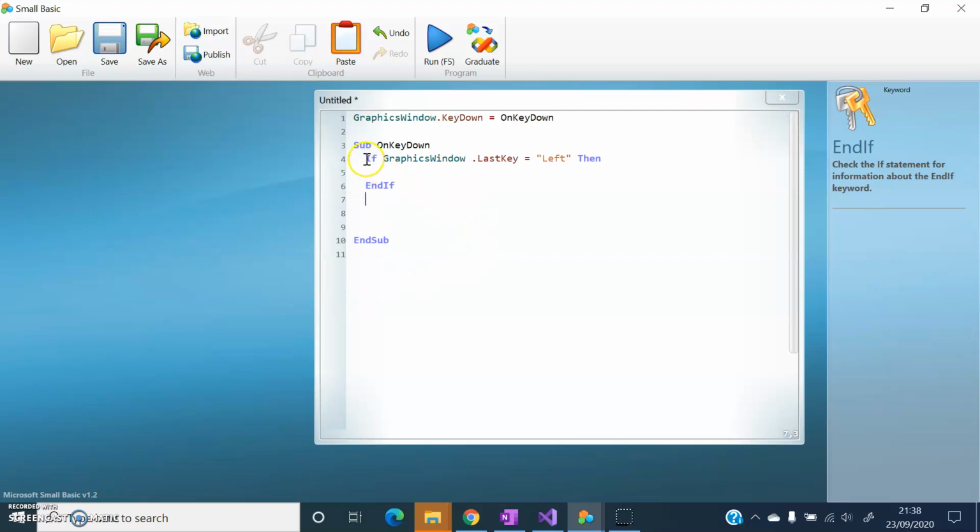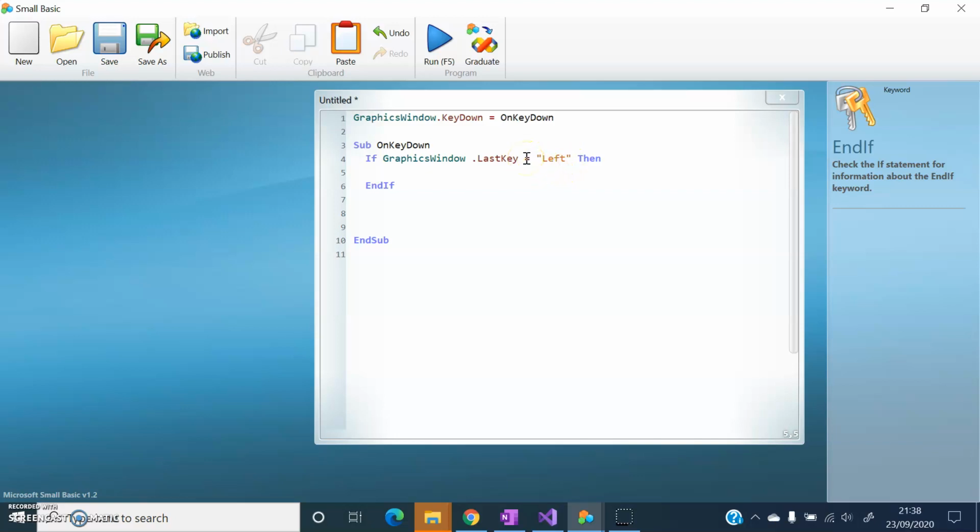Now this structure is an if. You may have used this last year if you did some Small Basic last year. But basically, what we're going to do is if this condition here is true. So if the last key was equal to left, now that means the left arrow on your keyboard, then what